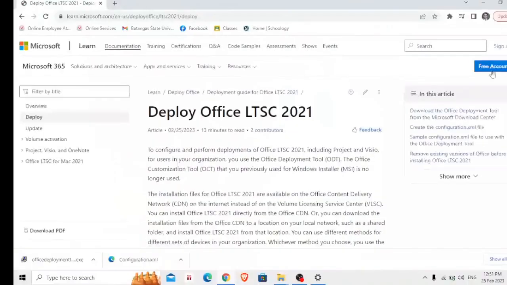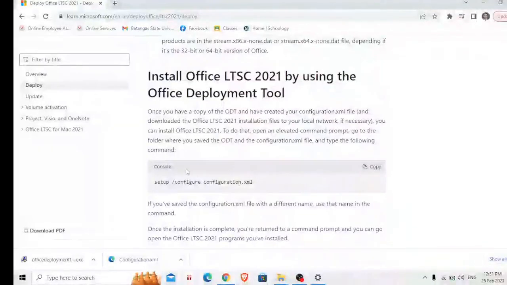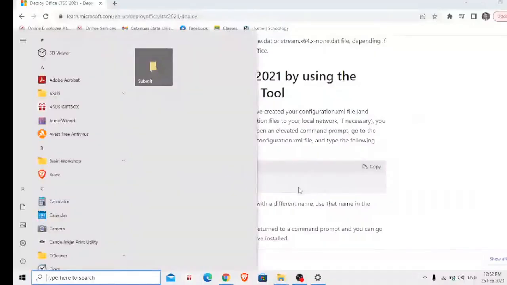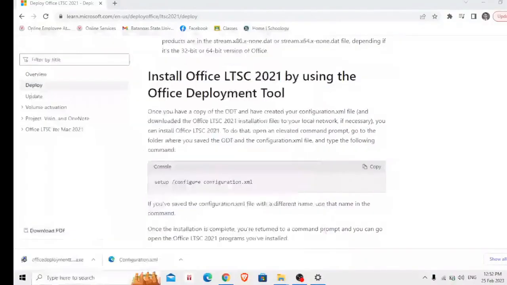The only thing that you need here is the link under the console setup configuration.xml. So what's the use of this? The first thing that we need to do is go to our CMD or command prompt, then run as administrator,